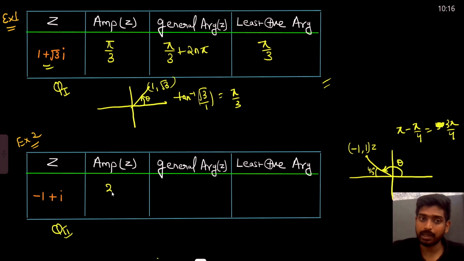So here what is the amplitude? Amplitude is 3 pi by 4. What is the general argument? General argument is nothing but 3 pi by 4 plus 2n pi. Now what is least positive argument? Here if you see, 3 pi by 4 is already in 0 to 360 degree range, right? So here the same will come, 3 pi by 4. Understood? Now next